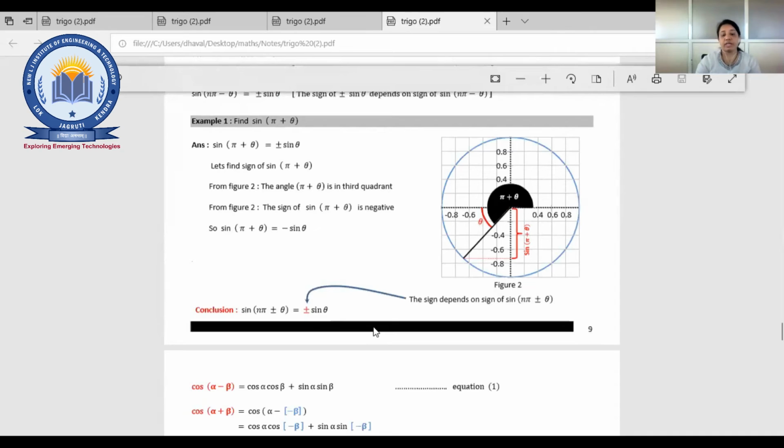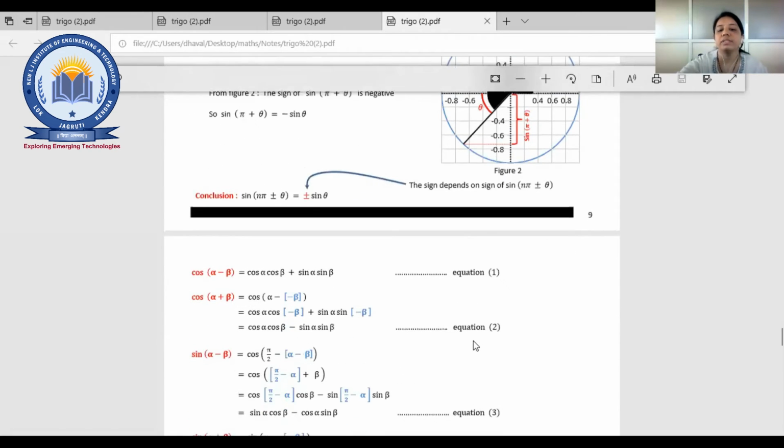we are moving to the equations, and that is also an important one, right? Equation means if it is given in terms of cos alpha minus beta, sin alpha minus beta, anything, you need to solve it and simplify it. For that, you should remember some formulas, or you should know the derivation of how it becomes. So we'll see this one.